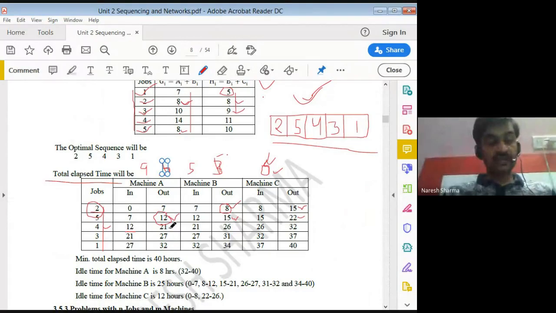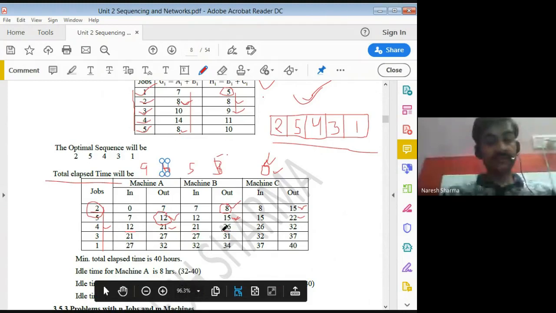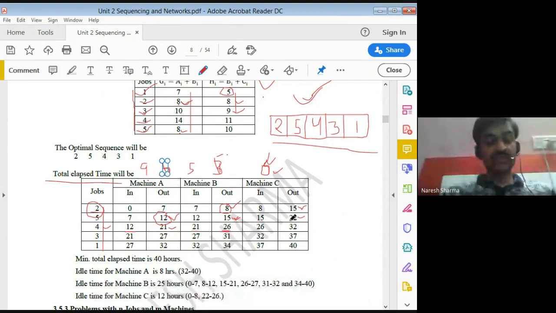Now you check this time and machine B's previous task finish time, which is 15. So this is 15, this is 21, and the maximum value is 21. So we start at 21, and 21 plus 5 is 26. Now this finish time and the previous job's machine C finish time, which is 22.